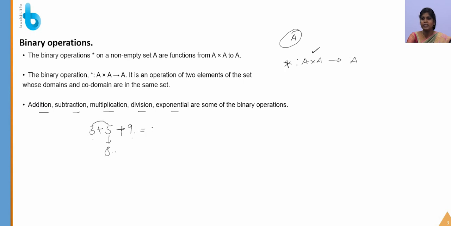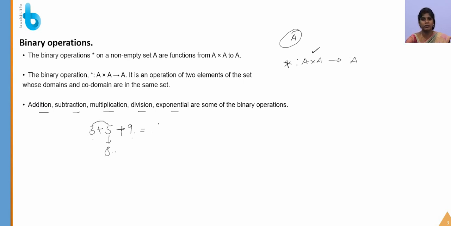However, if you are writing the direct answer also, in your mind the process will be like adding two numbers at a time. Your mental calculation will perform only two numbers at a time. That is called binary. Bi means two. That is an operation on two elements, operating two elements at a time. Subtraction: at a time you can subtract only two elements. Multiplication, division, exponential are some examples of binary operation. So I hope you understand binary operation.